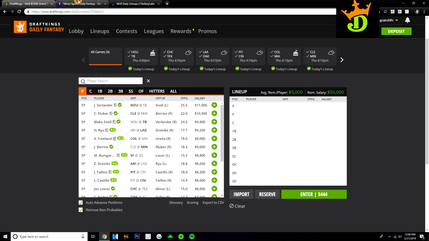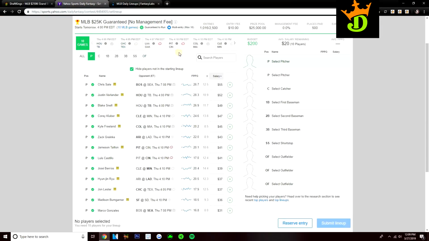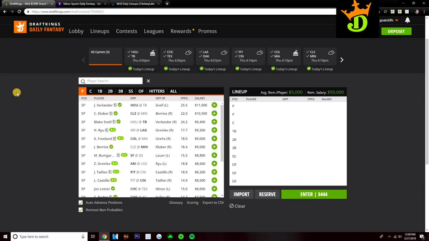But we're going to look at DraftKings and Yahoo, talk about some of my favorite pitchers, and then we'll talk about 3 of my favorite bats and some stacks that I like for this opening day slate. We're just going to look at the 4 o'clock games, 4 o'clock to like 4:10. There's like 9 games on DraftKings. On Yahoo, their main slate starts at 4 o'clock. It's the 4 o'clock games, and then they also added the Boston-Seattle game that's at 7 o'clock. That's a part of the Yahoo main slate. So we're going to talk about those games. We'll go ahead and look at pitcher.